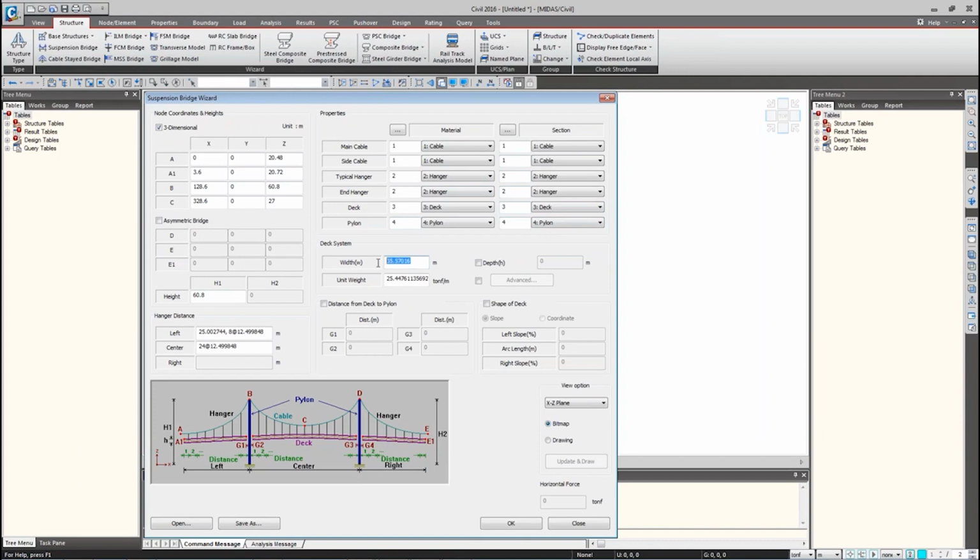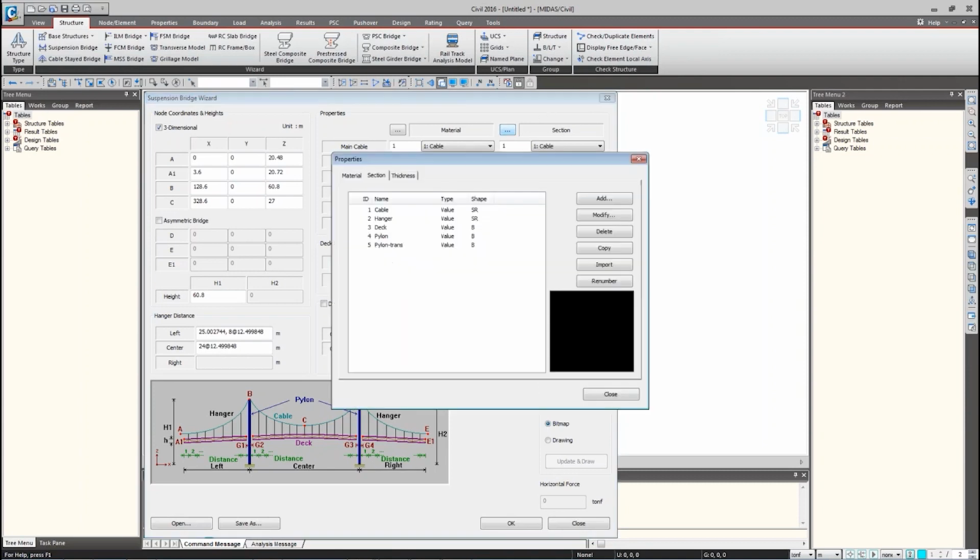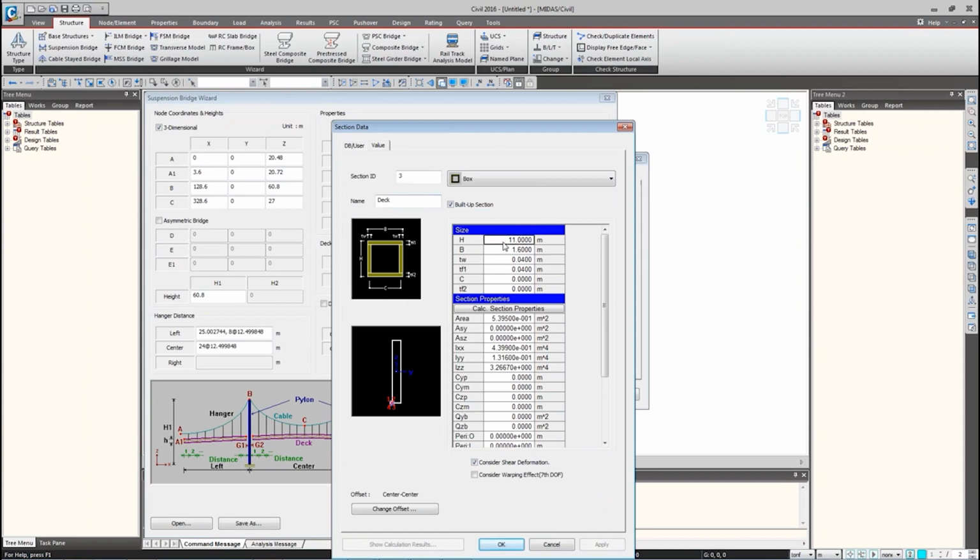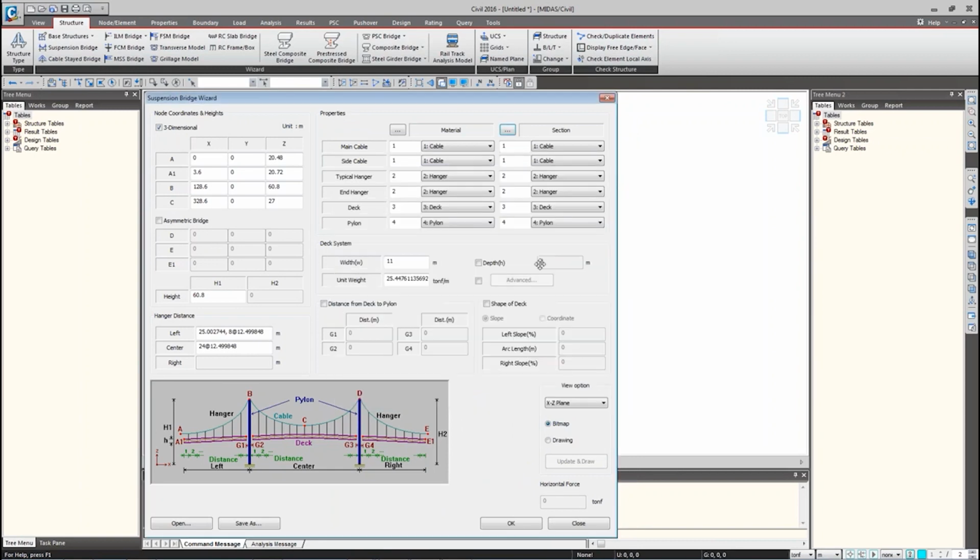Okay. So once you have done that, for the deck system, the width that I'm giving is 11. For the deck it was wrongly imported, so I will just give proper dimensions. So that's okay. Done. Once we have done it, there's an option to add unit weight here, you can see, but